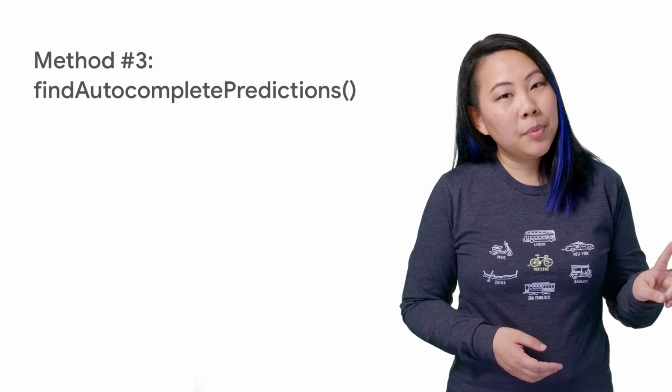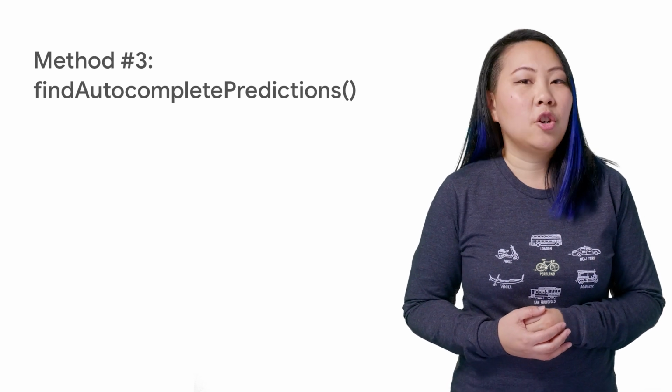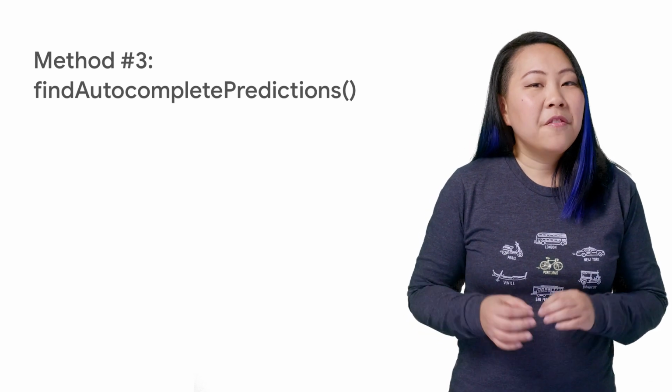I've shown you 2 simple ways to add Place Autocomplete to your Android app, but you may want finer control over the experience. If you just want the predictions without having Google provide any UI elements, you can use the findAutocompletePredictions method to retrieve predictions programmatically. Oh, thank you. Now you have the power of autocomplete for your place search input fields, and I have a